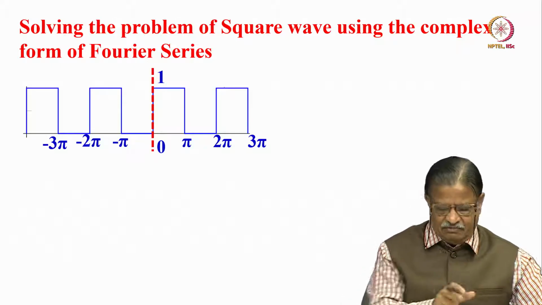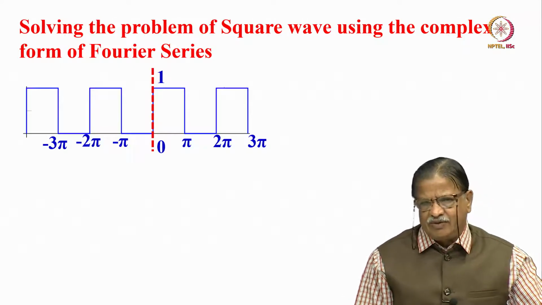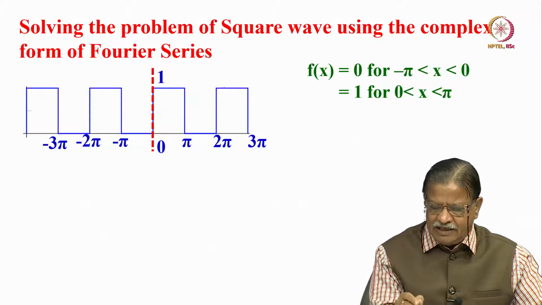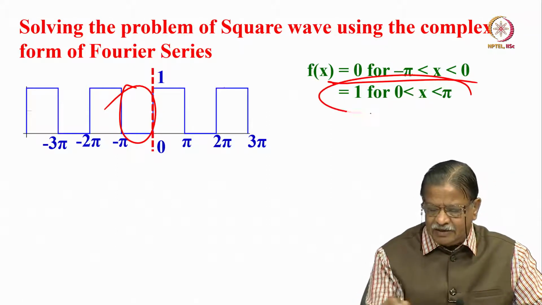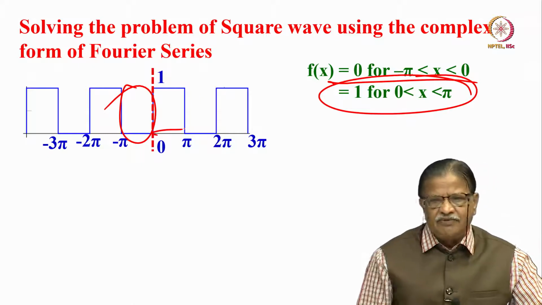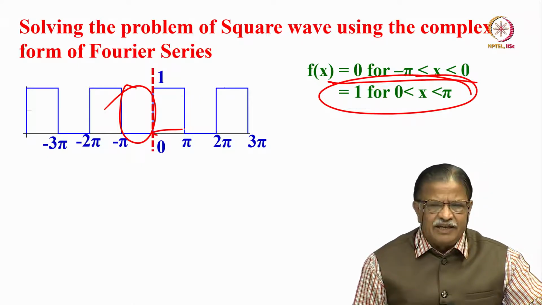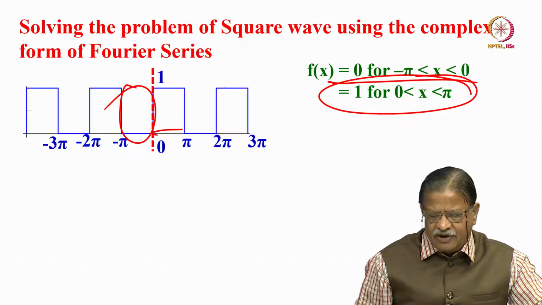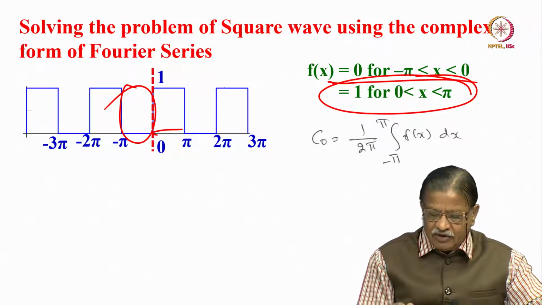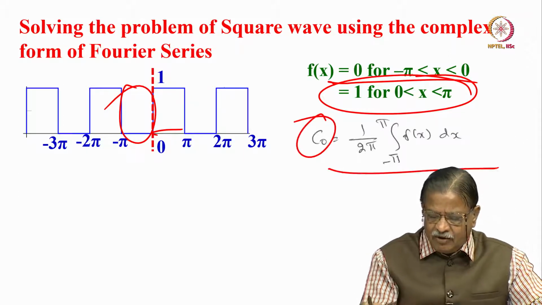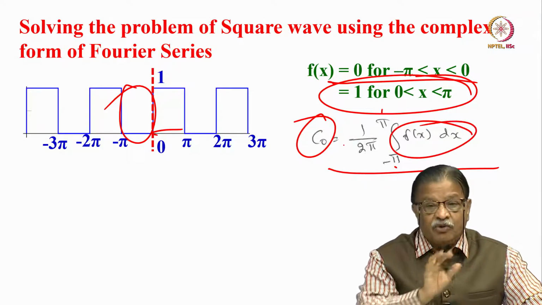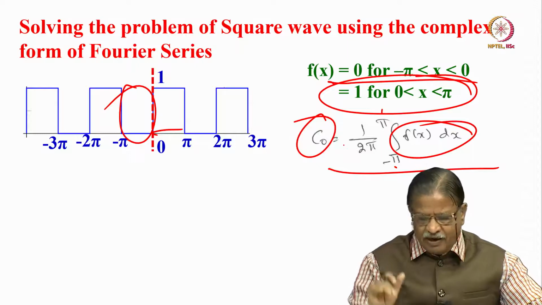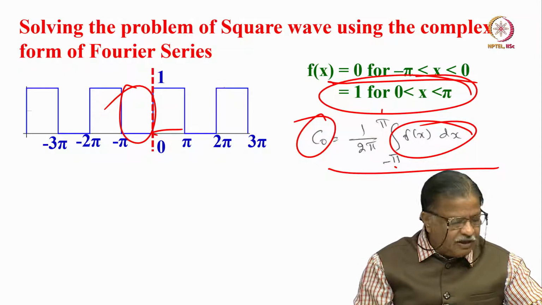Of course, earlier we have already defined this square wave function, and this is the value: f(x) equal to 0 for minus pi to 0, and then it is equal to 1 in this range. How this function behaves in different ranges is already known. Okay. Now, C0, as I told you, is 1 over 2 pi times the integral of the function from minus pi to pi, f(x) dx, without multiplication by exponential. That is what I told you. So, do that one. Okay.